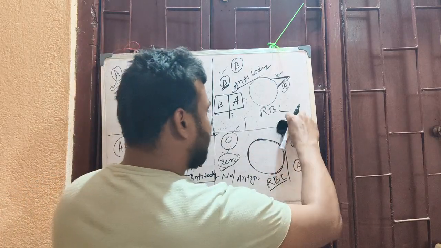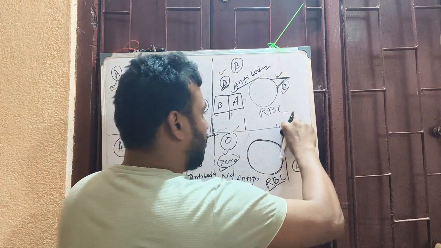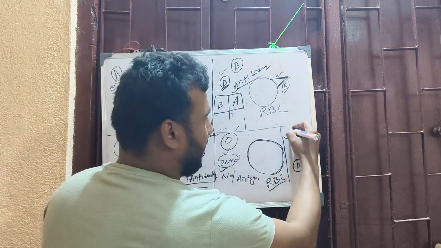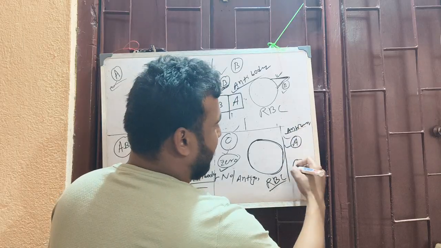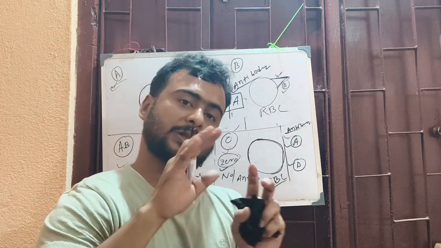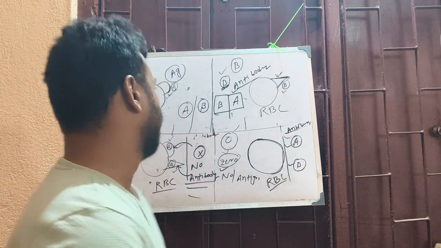So in the case of the O blood group, what will be there? The antibody can be both A and B, meaning both are present, right? Then what about